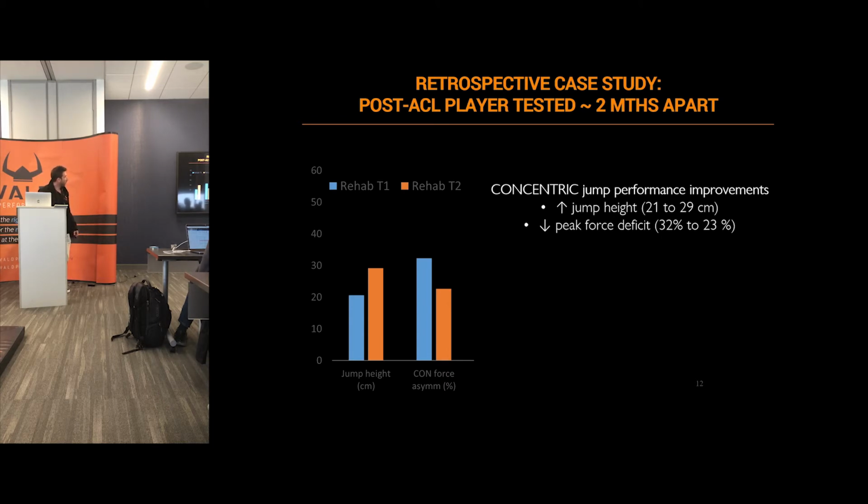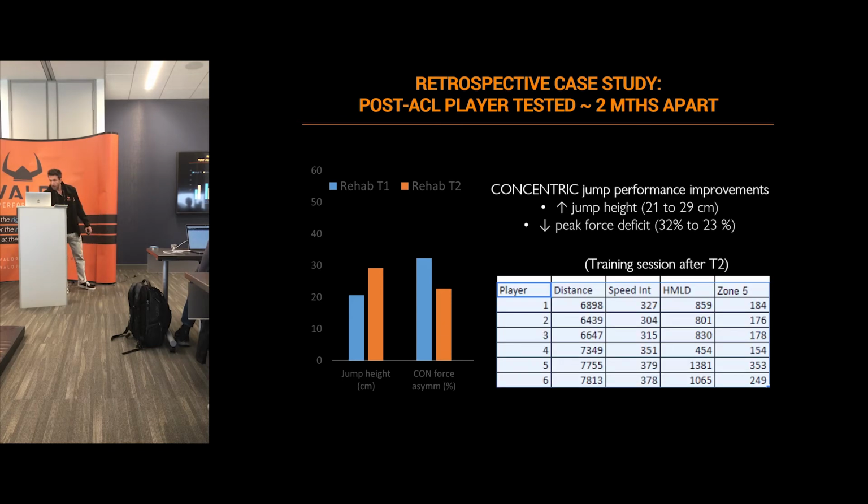This is then a case study, an unfortunate one, from an academy player at Arsenal Football Club, so another elite soccer player who, before T1, before rehab time 1, had an ACL. About 2 months apart, these two tests. What you see here is jump height improvements, concentric force asymmetry decreases, and he's player 5. So just in terms of some of the metrics around